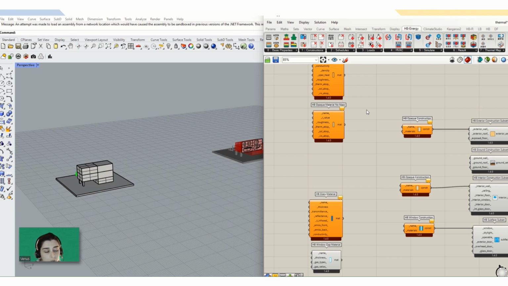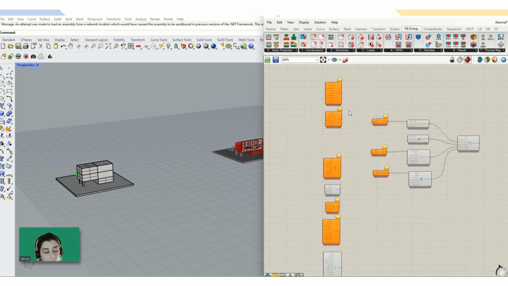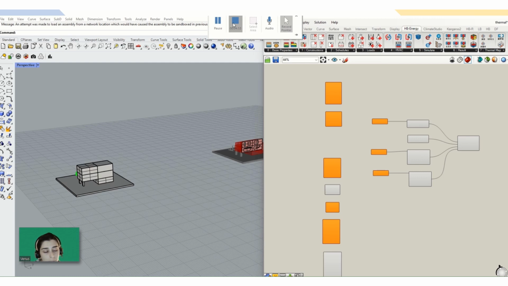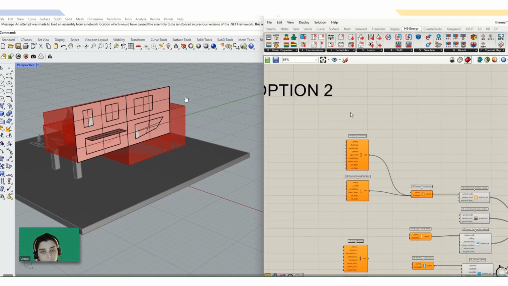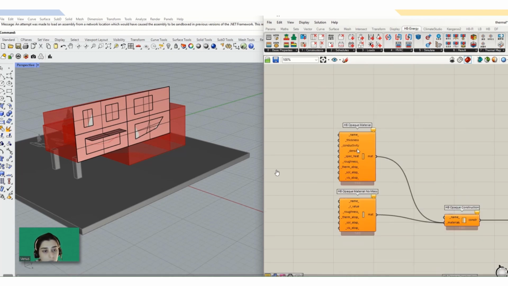For example, if we have three layers for one exterior wall, we need to define information for each layer, and then merge the layers. For example, for